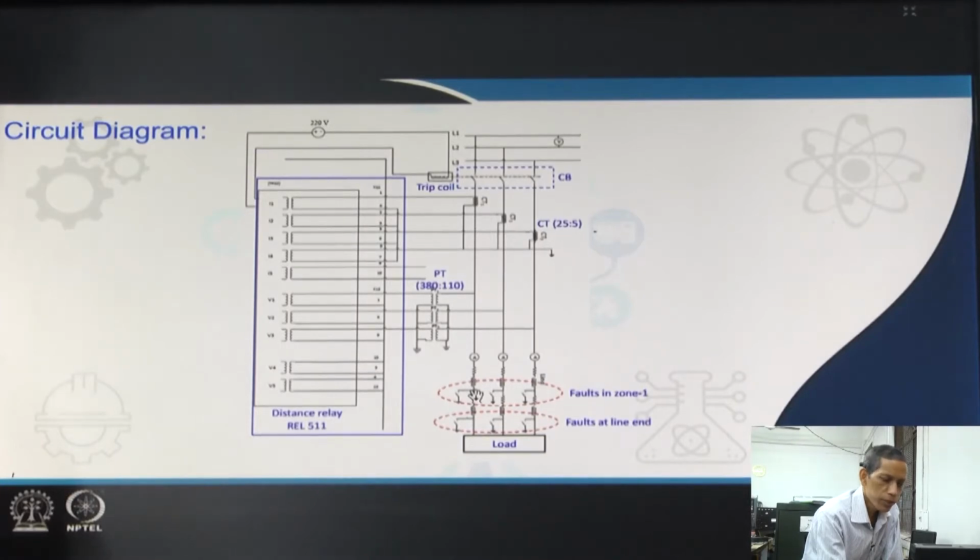Now, if we create a 3 phase fault, then the amount of current flowing in the lines will be much higher, and that should not cross the limit of the particular arrangement, otherwise the fuse will be blown out at the upstream, or the circuit breaker will trip, if it is a fault inside zone 1 or zone 2 as per the setting. The purpose here is that we are verifying only zone 1. So, the settings for the relay are accomplished for zone 1 only.